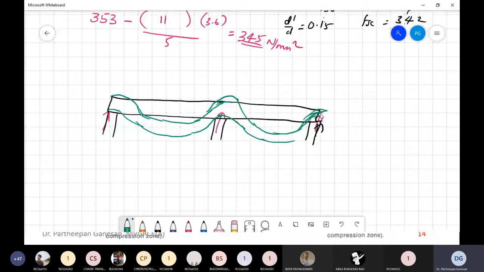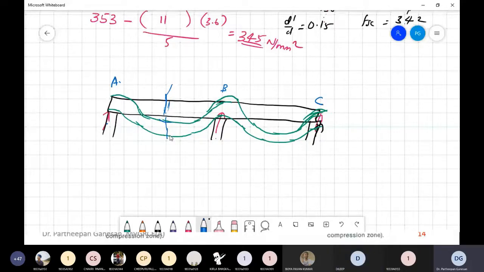At the support you will have a, so now if you see at the midspan of the beam, this is a two span continuous beam. Let us say this is A, B and C. So between A, B at the midspan, your bending moment is hogging bending moment or sagging bending moment. Any one of you answer. This diagram, this will create a hogging bending moment or sagging bending moment at this place? Sagging. Sagging bending moment. That means positive bending moment.